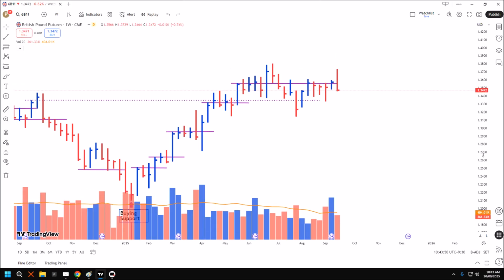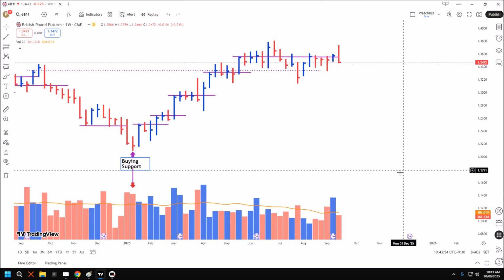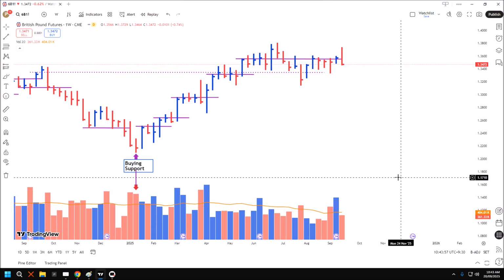This is the British pound currency futures. You can see that it's acted a little weaker than the euro itself, closing below the important level here. Volume in this market was also reduced and slightly below the average. So similar to the euro, this market's moved higher earlier in the week and then faded lower as the US dollar recovered the lost ground and closed as a slight up bar. And similar to the euro, a test for supply earlier in the week is the most likely outcome, and then a response depending on how much supply is drawn out.